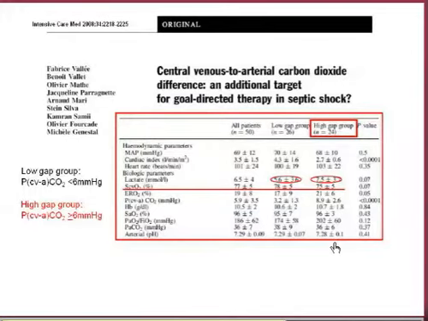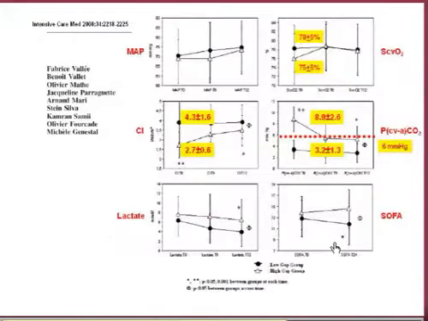So what is the key message here? Despite the fact that all these patients have been optimized according to the SvO2, they all end up with a very high value of SvO2, but they have very different cardiac indices, 2.7 and 4.3. And so we can presume that these two different cardiac indices do not match the patients' requirements for cell respiration. And then when we split them into two groups according to the 6 millimeters of mercury threshold,